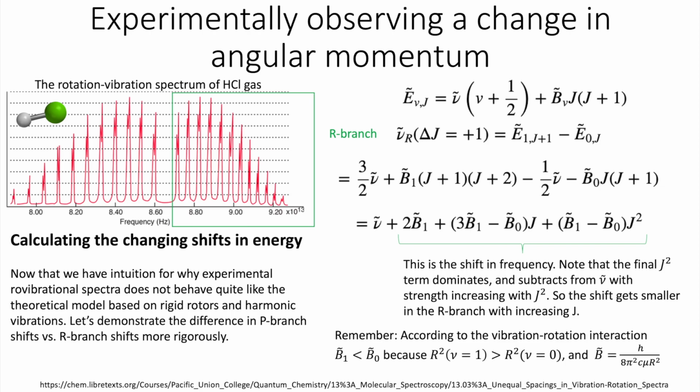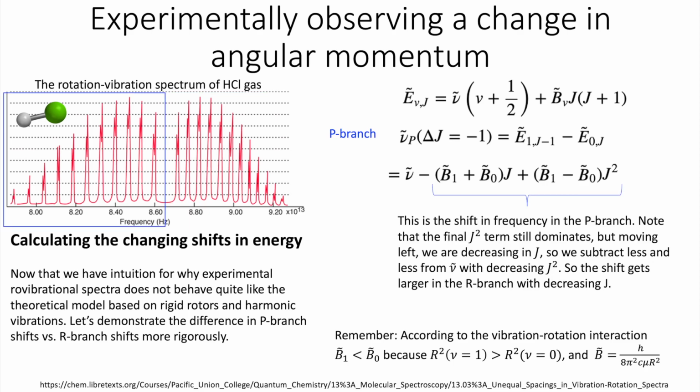And that's the term that explains why. B1 minus B0 is going to be negative, and J squared is going to get larger and larger, because J can't be a decimal. Therefore, the gap gets smaller and smaller for higher and higher energy rotational states for the R branch. And that explains why it is closer together compared to the theoretical model, and also closer together compared to the P branch. So now if we look at the P branch, we do the math in a